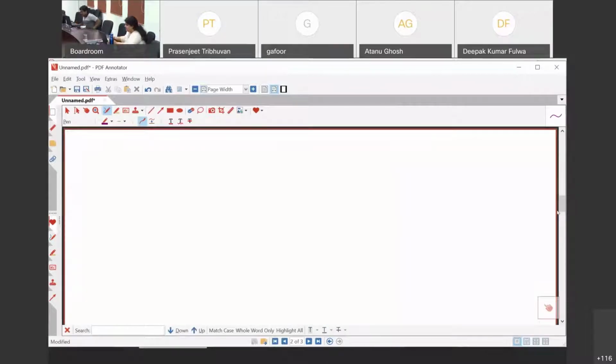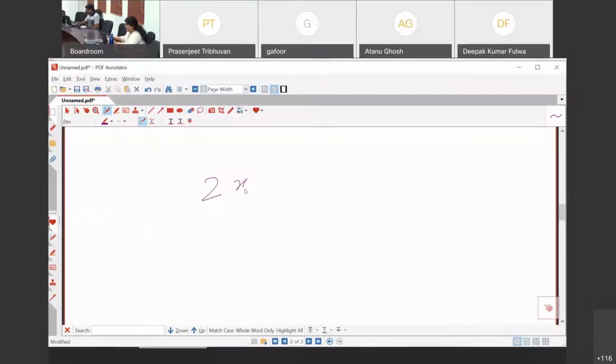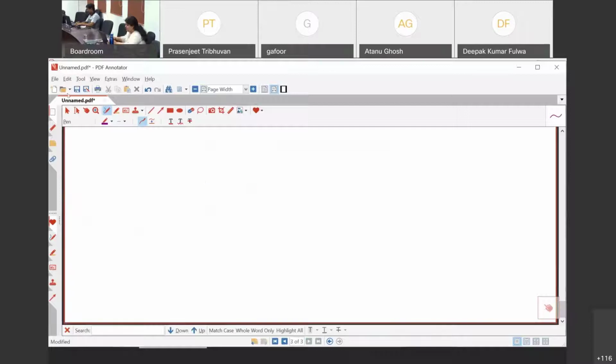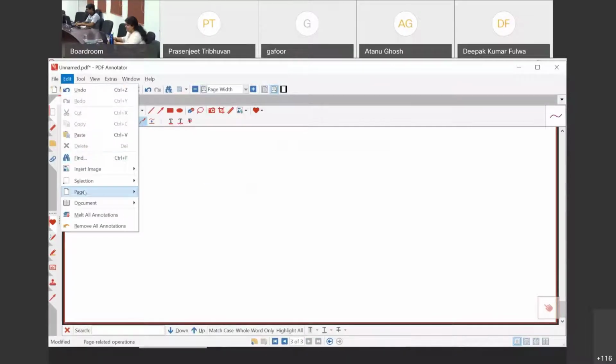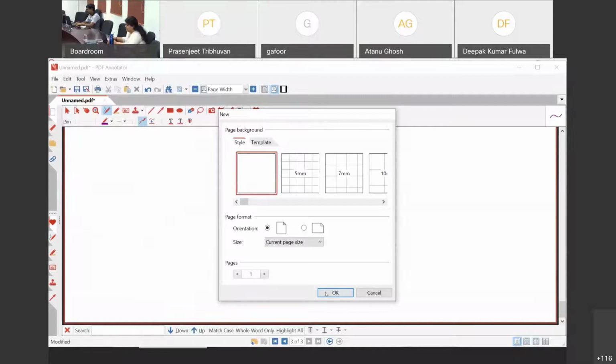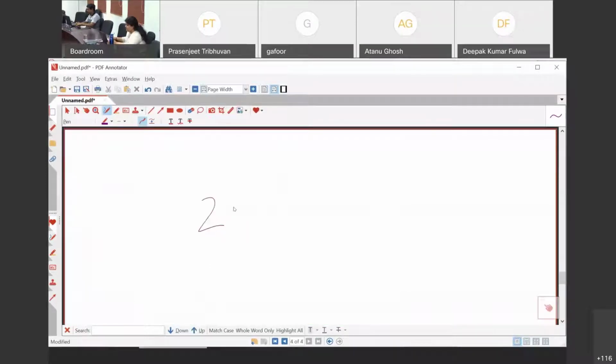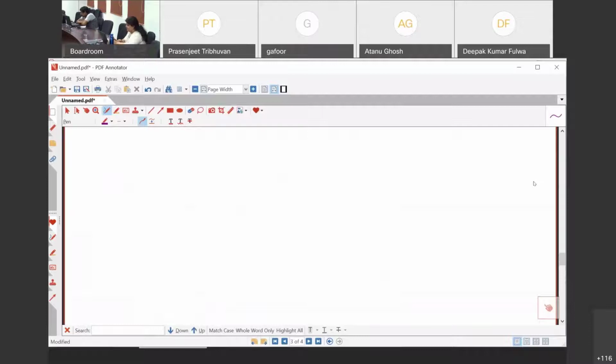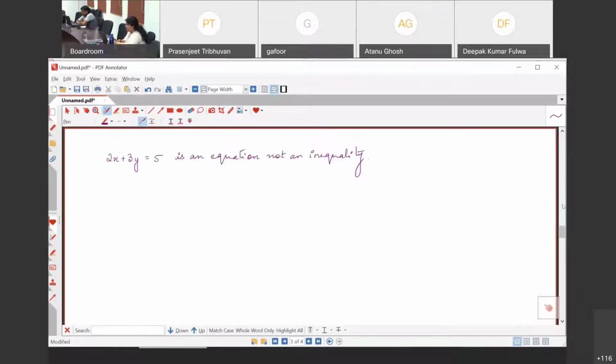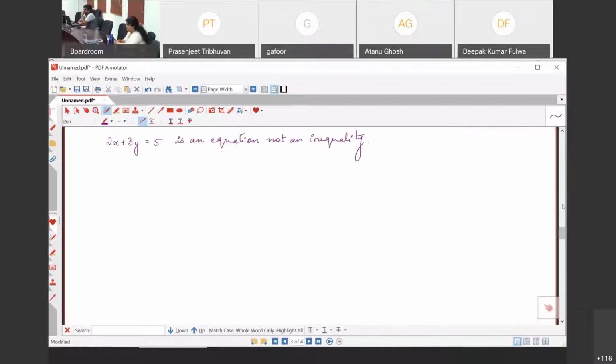So anyways, this way we can have one document. Suppose I am writing over here, and then space is gone, and then we have to write next. So we go to this page, append page again, and then on the next page we write something else. So basically we can keep making one document of our lecture notes. We don't have to scan it or things like that. So one document will be created.